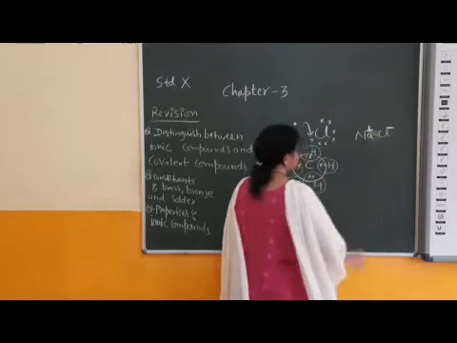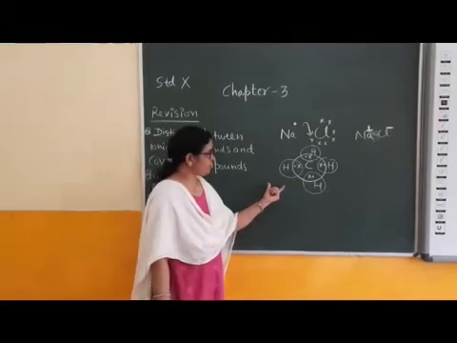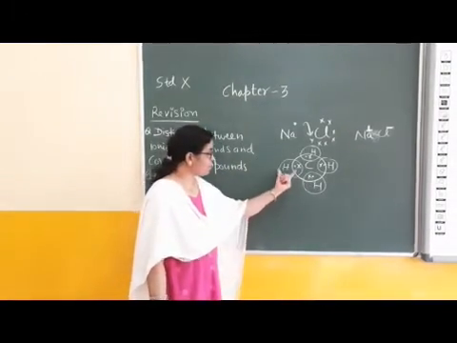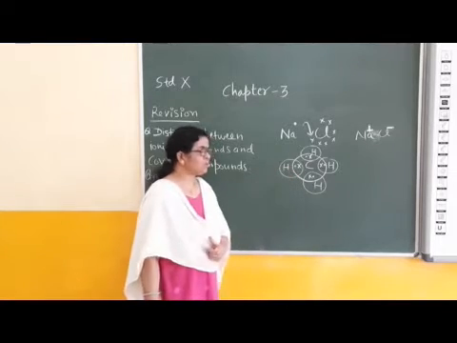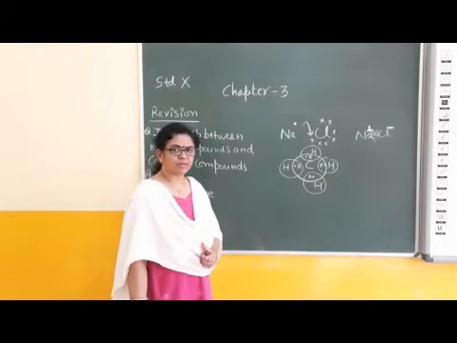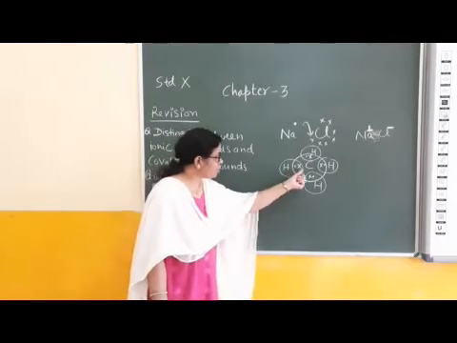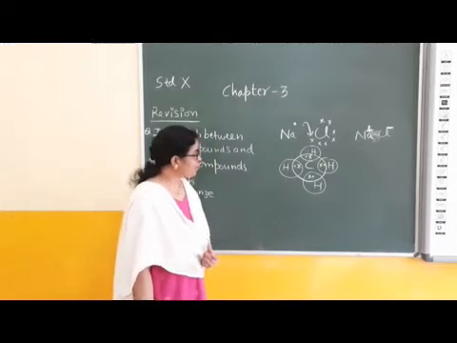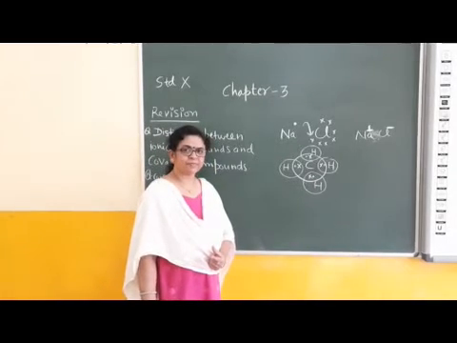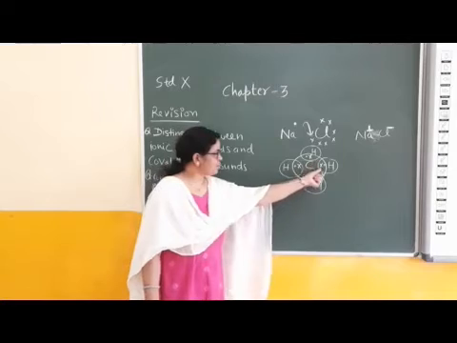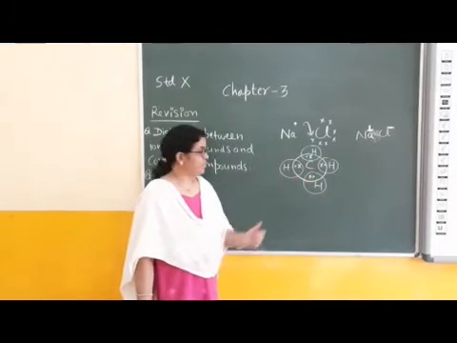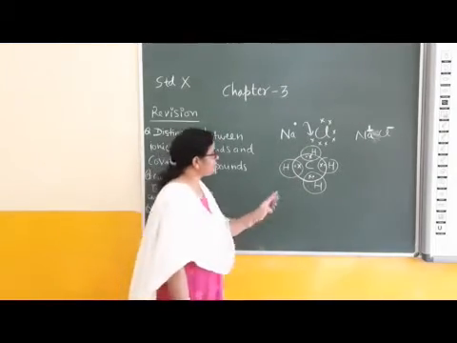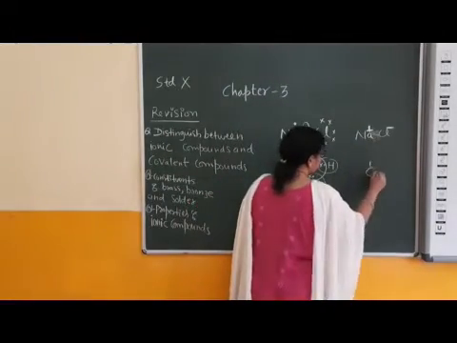In case of a covalent compound, sharing of electrons occurs. Formation of covalent compounds is based on sharing of valence electrons, sharing of an equal number of valence electrons. This is the Lewis dot structure or electron dot structure of CH4: 4 valence electrons of the carbon atom and 1 valence electron of each of the 4 hydrogen atoms. Then the resultant compound is covalent.